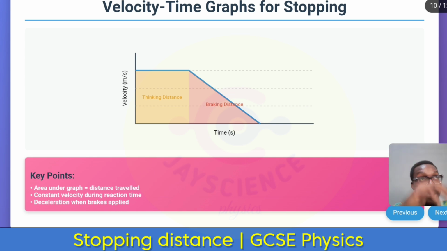So at that time the car is moving at a constant velocity. You can quickly do the calculation by just doing length times breadth and get the area,